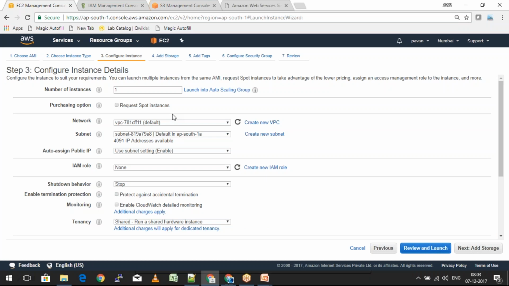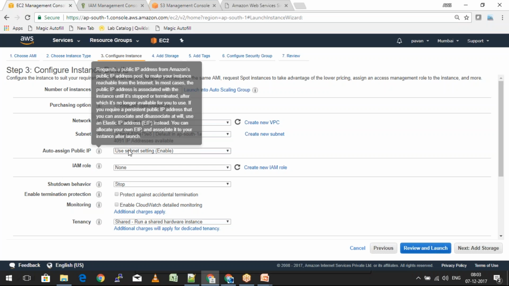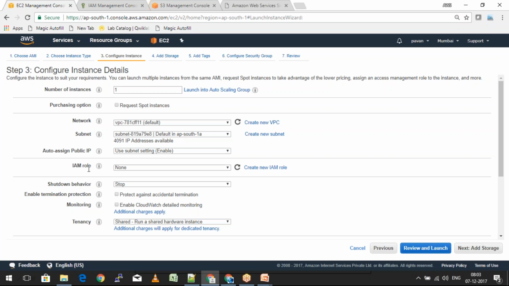Anyway, as a part of our free tier, we are going to get this EC2 instance, which is of type T2 micro, for free. As a part of free tier, we are going to get 750 hours of EC2 instance for free usage. I'm going to help you with how we calculate that ahead. So the next is IAM role. As I said, we can actually assign roles to the AWS services. Here you get an option to assign the roles. We are going to learn in detail how to play around with the roles in the lab section